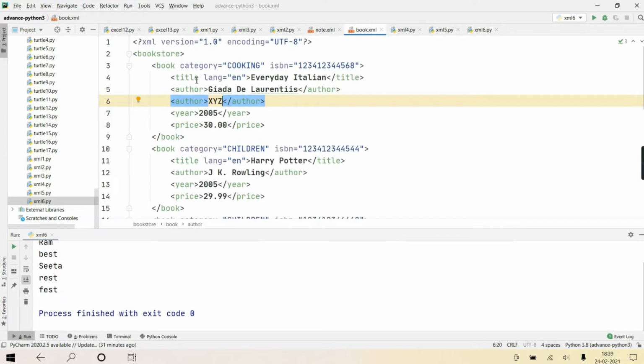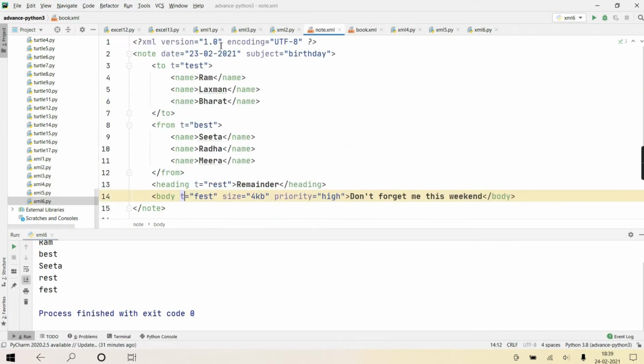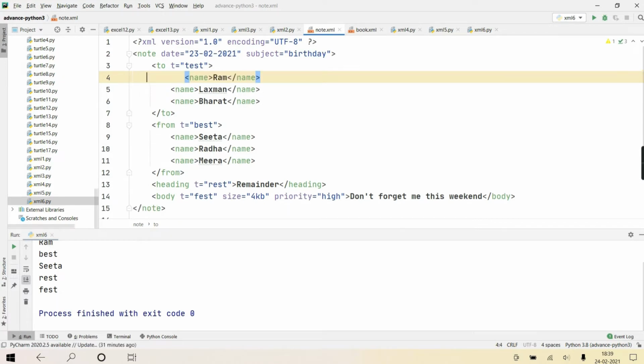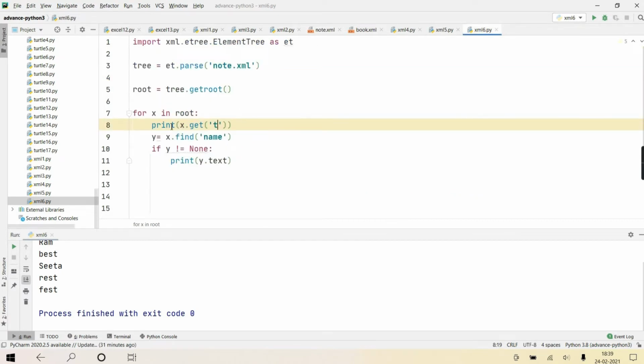Because the first child can be title also. Here something name is there, but one other thing is also there, suppose a tag XYZ. So it is not going to return the first child. It will return the first child with that tag name. So in my program, it returns every time that child's first child with the tag name, and then we print its text content.